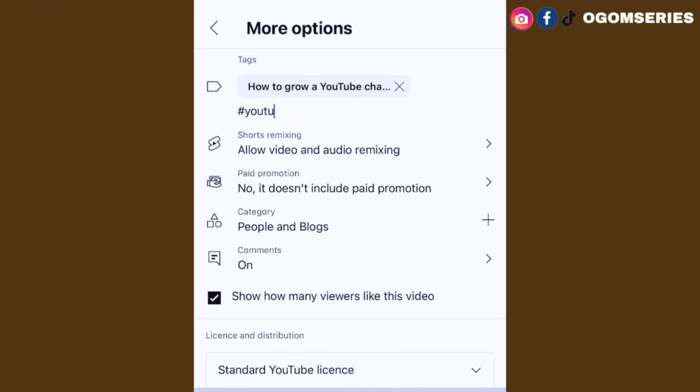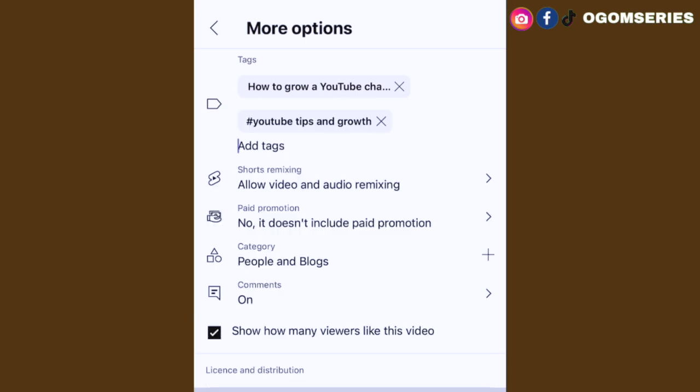Now you can see the second sentence that I'm writing, hashtag YouTube tips, write a comma, it is going to enter immediately. Even if you don't want to put hashtag in front, just write it anyhow. What matters is that you are putting the comma. Don't press enter. Once you put a comma, it automatically enters for you. Always use relevant hashtags that are related to that particular video.